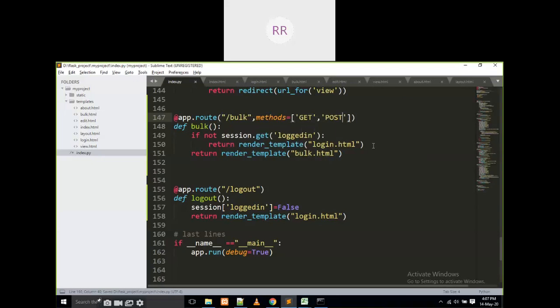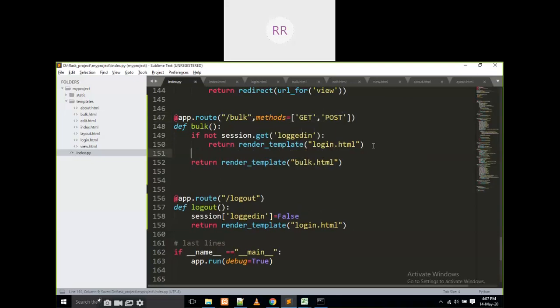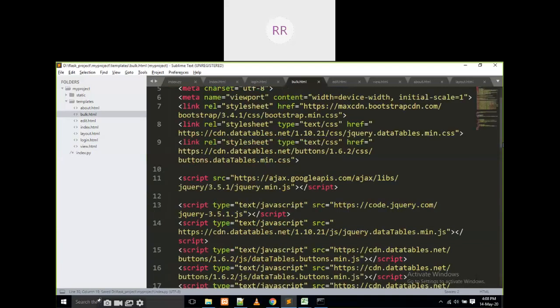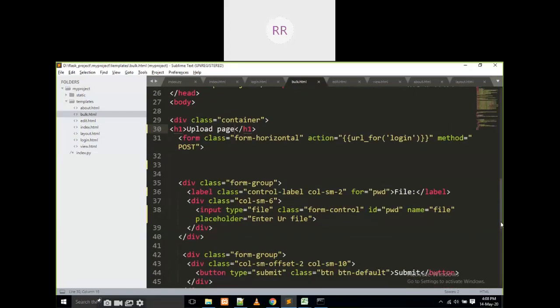And one more thing we have to write in bulk.html. The form has an action and method only, but when you are uploading any files, image file or Excel file or anything else, we have to write some encryption type.